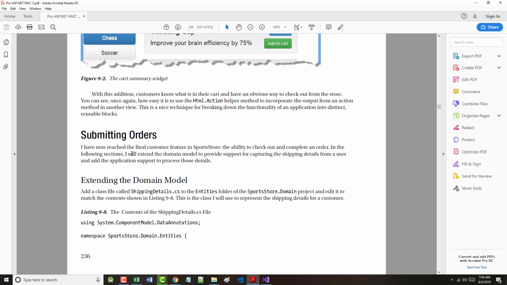Submitting orders. We have now reached the final customer feature in the sports store application, the ability to check out and complete an order. In the following sections, the author will extend the domain model to provide support for capturing the shipping details from a user and add the application support to process these details. First thing we want to do is add a class to our entities folder in the domain that's called